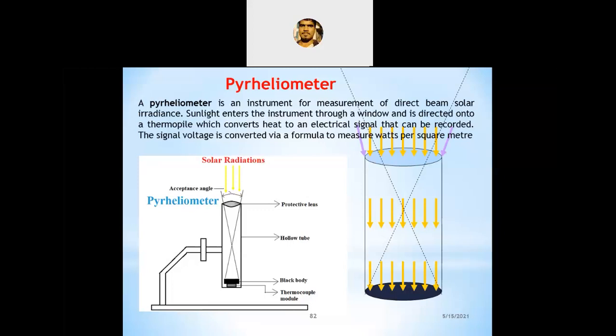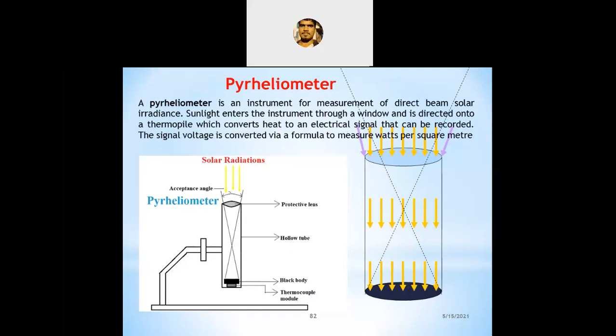It is used to measure direct or beam radiation, only direct or beam radiation. We already know what is meant by direct or beam radiation: the rays that reach the earth's surface directly without scattering or absorption. Whatever rays reach the earth's surface are called beam radiation, and that radiation we are going to measure with the help of this